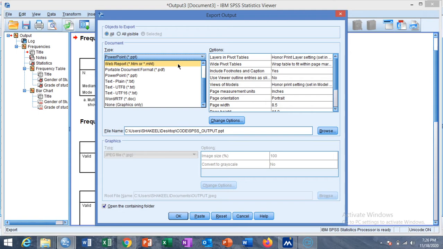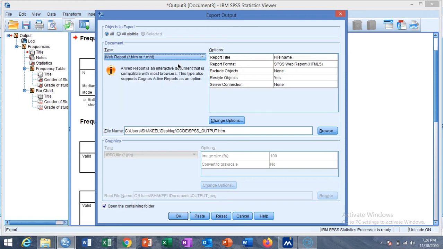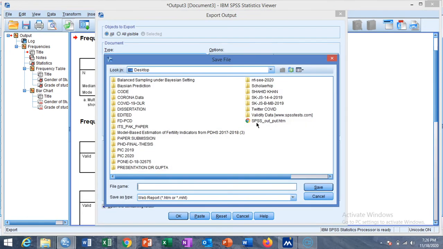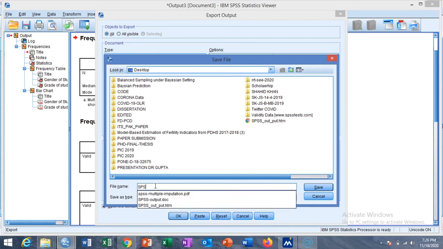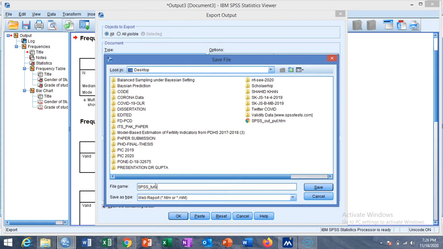I first convert it to the web report, and this will save on desktop, and in the code file you can browse it for your specific folder where you want to save your file or the output as SPSS tutorial output.